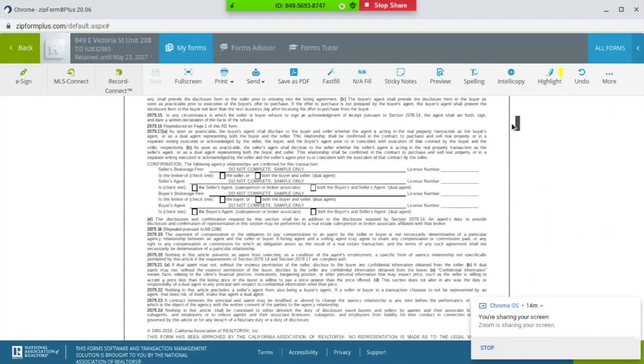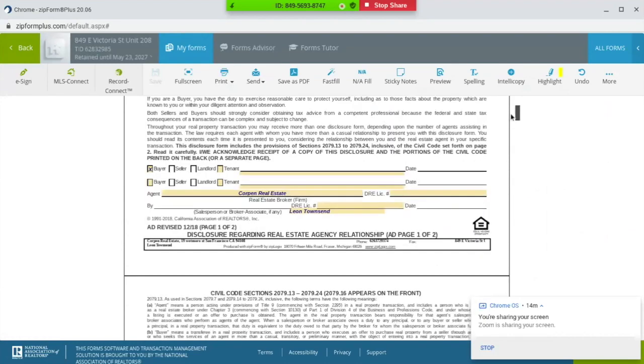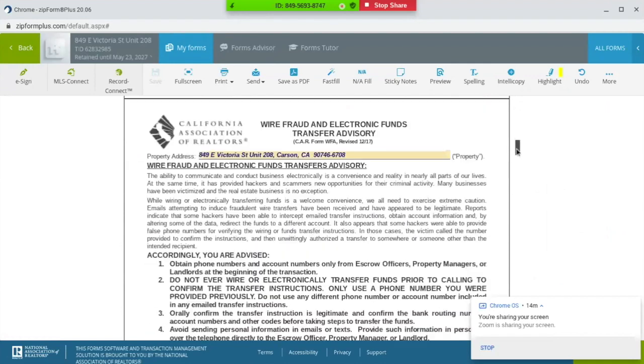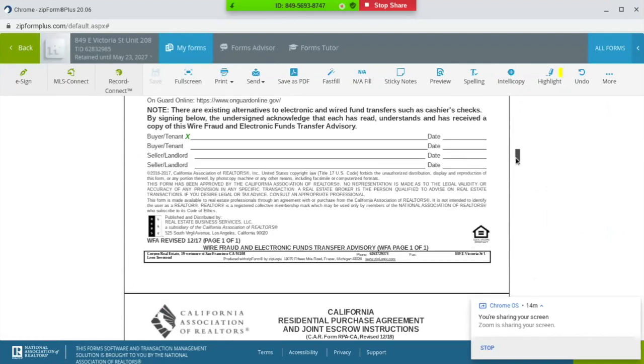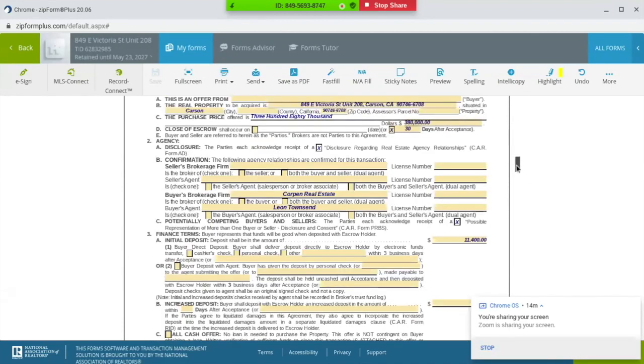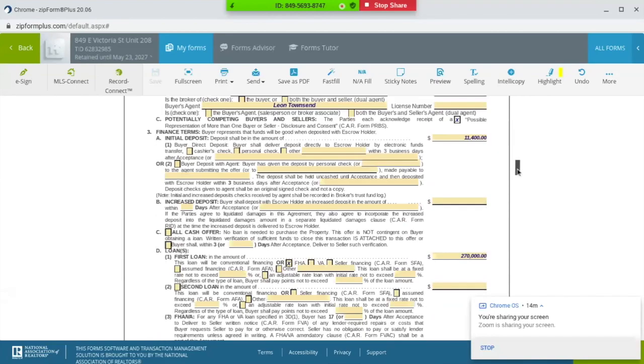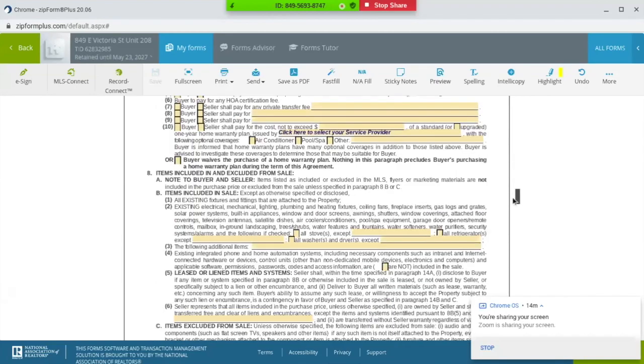So if we were to purchase this property on Victoria and Carson, right? With the MLS Connect, this would have been filled out just by clicking it. All right. Seller landlord would have been there as well. And this is the crucial part right here, for example, right? Seller's brokerage firm would have been filled in. You see how the address is already here, right? Parcel number can be picked up automatically. And then you fill in information of your clients, right? And then you start filling out the actual